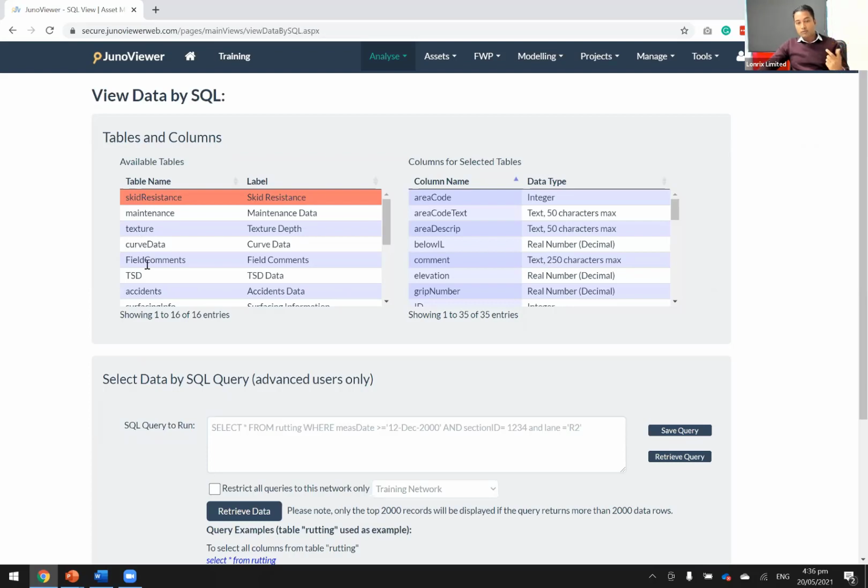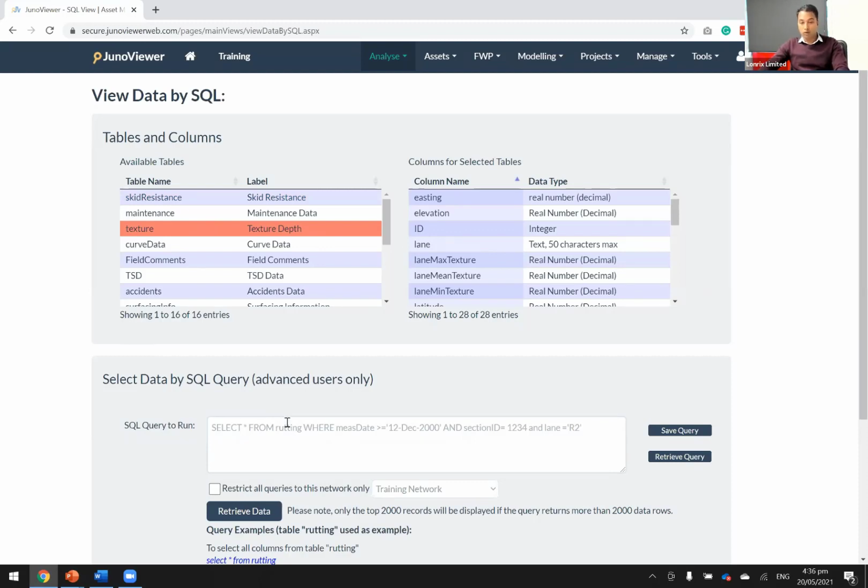The first column, the table names, is the column that we use in our query. When we write the SQL queries, please don't use the label. Label is just additional information on the table name. So use the table name, and when you click on a table name, the next grid will be populated with the columns in the selected table and also the associated data types. So this is very handy to copy and paste in